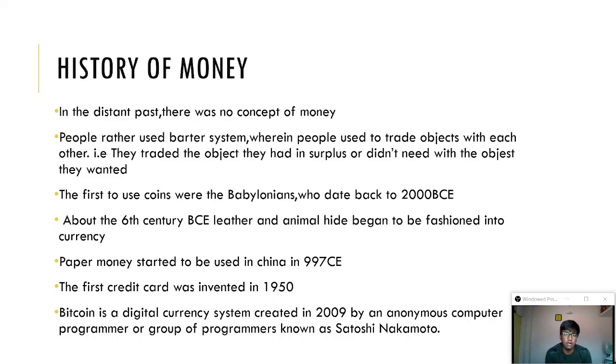Paper money started to be used in China in 997 AD or CE. So we all know that paper originated in Asia, in Egypt, and in China. And the Chinese emperors started to use paper money to regulate the flow and economics of their kingdoms, as people could keep track of money more easily rather than different items being traded with